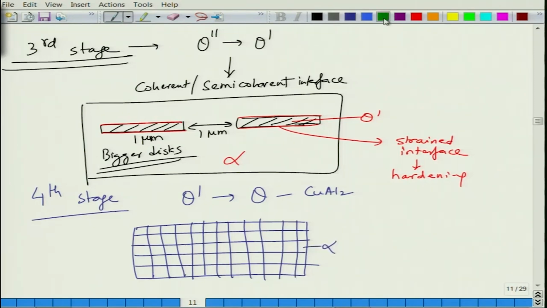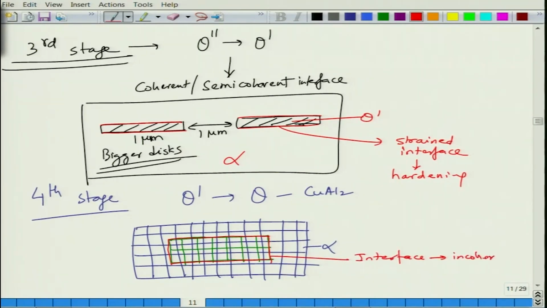In this now I create a phase which is like this, which has a lattice parameter something like this. So, you can see that this interface now, forget about what the blue ones inside, but this interface is